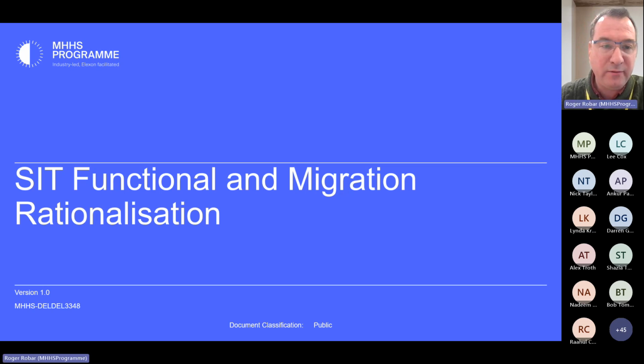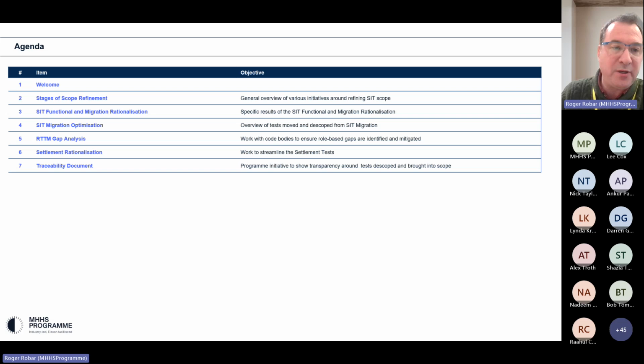So without further ado, a bit of an agenda here. Stages of scope refinement, again, a really high level overview initially. Then we'll go directly into what the purpose of this meeting was, which was originally the SIT functional and migration rationalization.